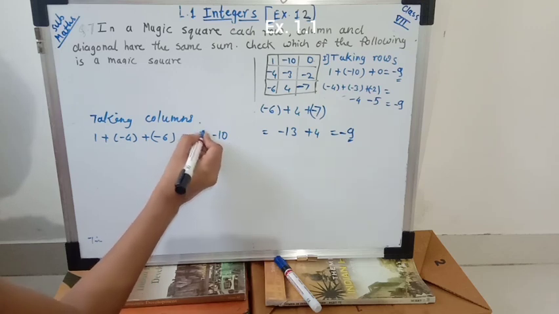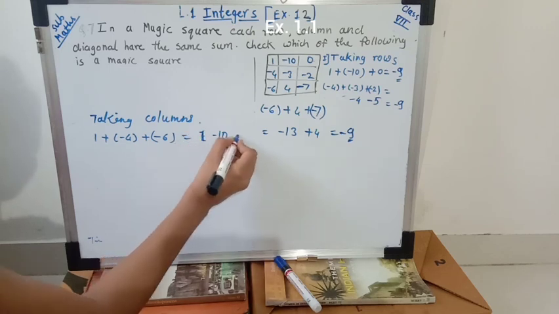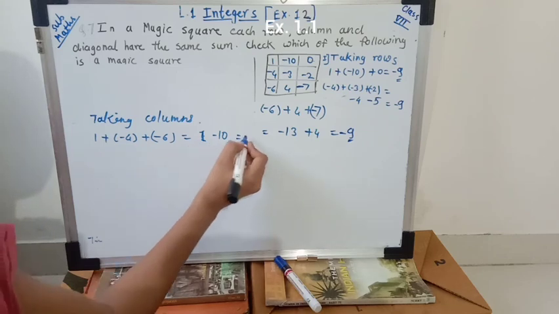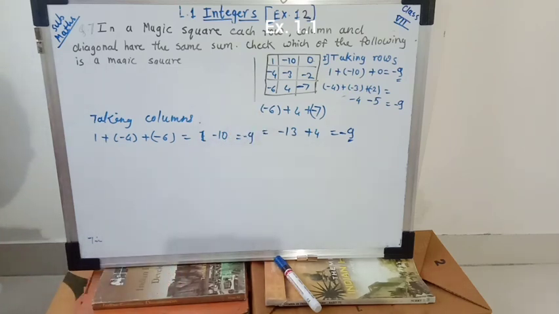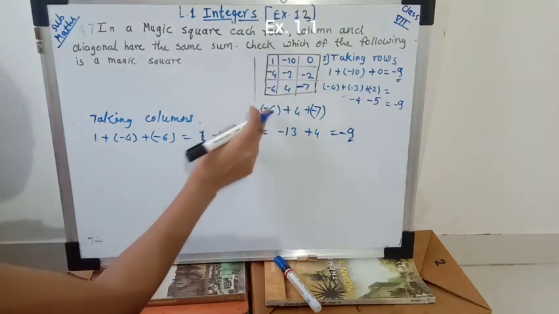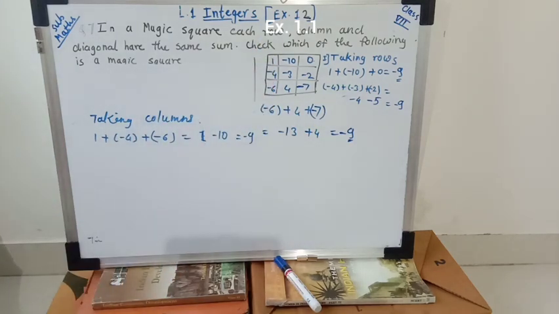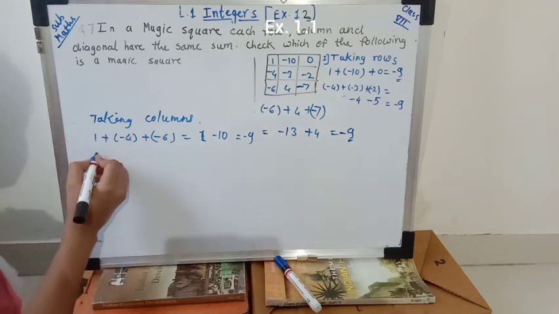Okay, and 1 is positive here, so again we have to do the subtraction. So 1 minus 10 is equal to 9, and 10 is the bigger number, so we will give the sign of that, that is minus 9. So the addition of the first column is also minus 9. Now the second column is